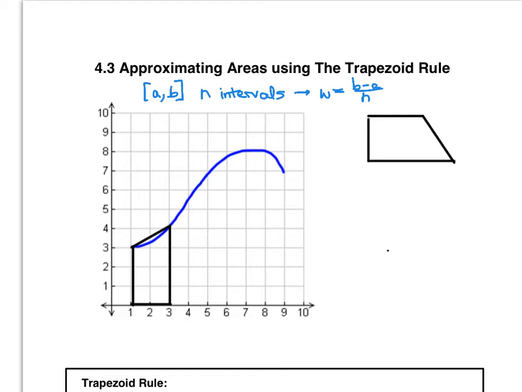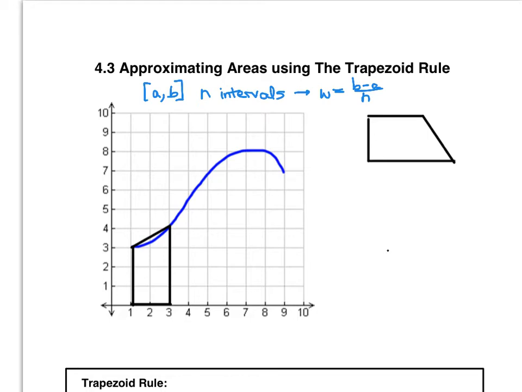Now if you take a look at the diagram here, you'll see that I have a trapezoid pictured the way we normally see a trapezoid, with the top and the bottom base parallel to each other. We're going to calculate the area of just that trapezoid, turn it on its side to fit it underneath the curve, and then add up the trapezoids underneath this curve. So, for example, let's say that I have